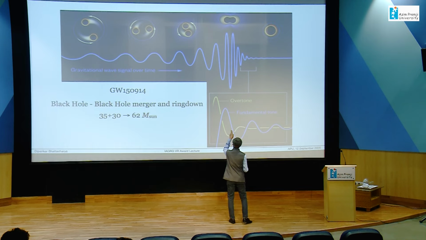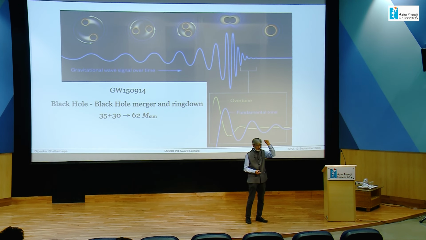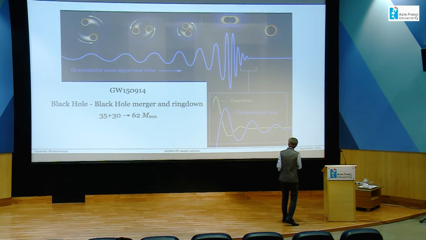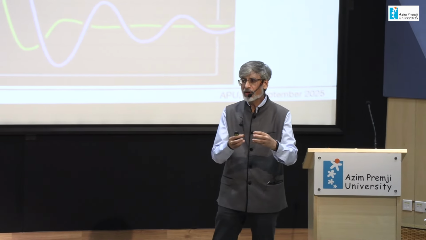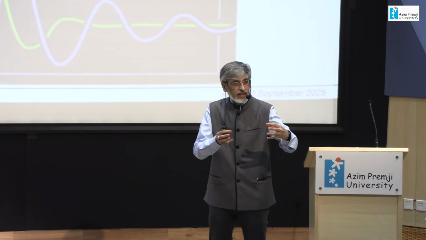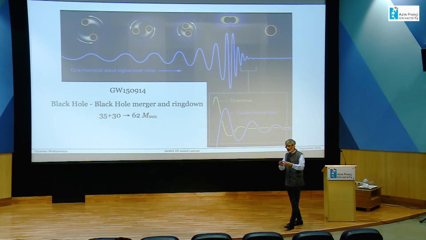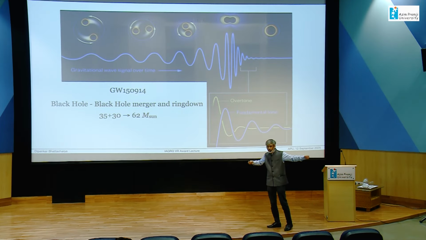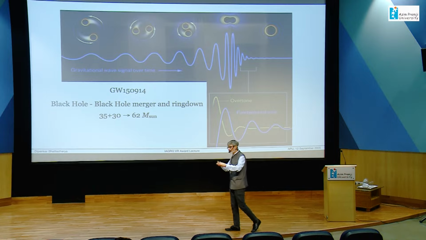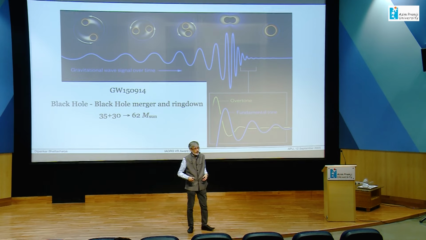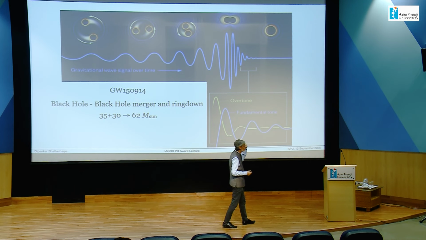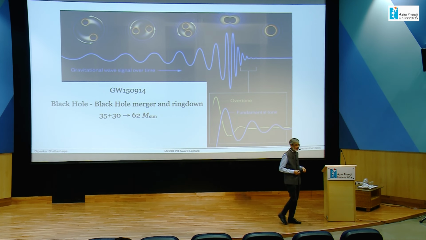Now, a similar waveform can be observed for neutron star merger as well. And they will not be as clean as this, because as the two neutron stars come close to each other, they're tidally distorted. They become elongated, spaghetti-like objects, get disrupted and eventually merge. All of that signature is seen in the waveform.